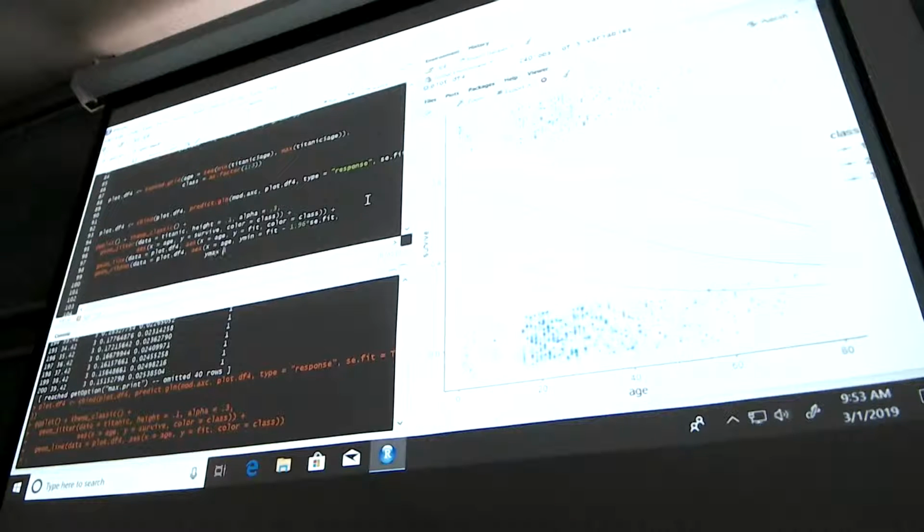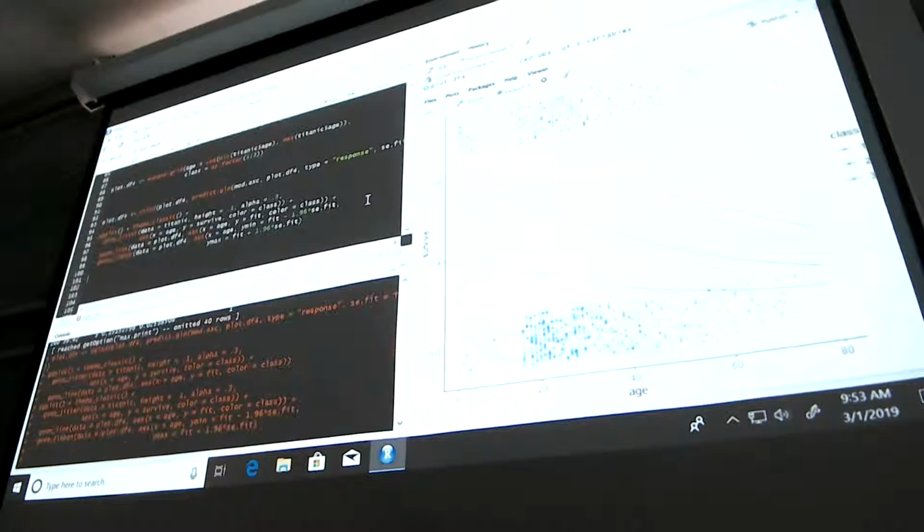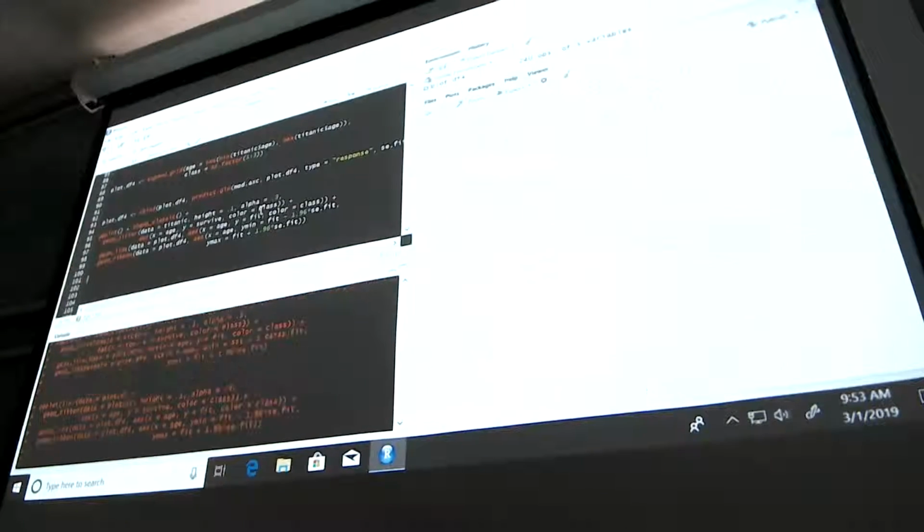Y max is fit plus 1.96 times SE fit. And when we run this, it's going to be opaque because I didn't add any alpha to it yet. So if we just ran this,